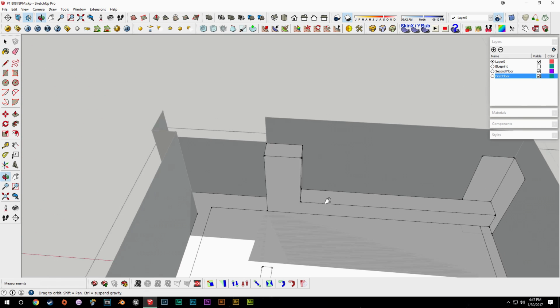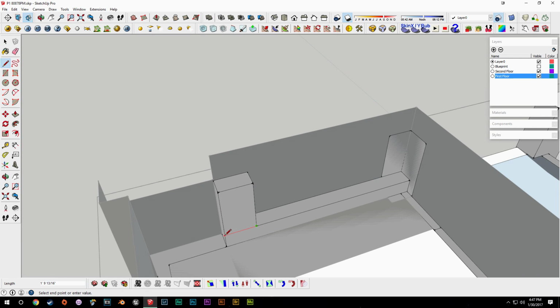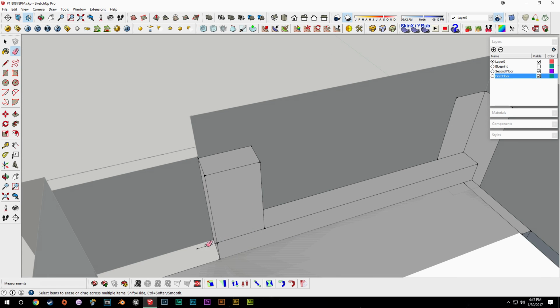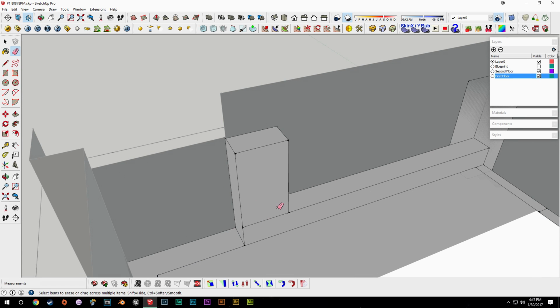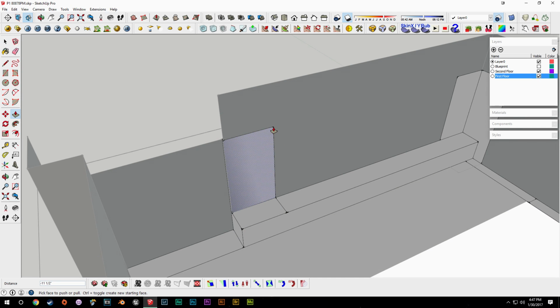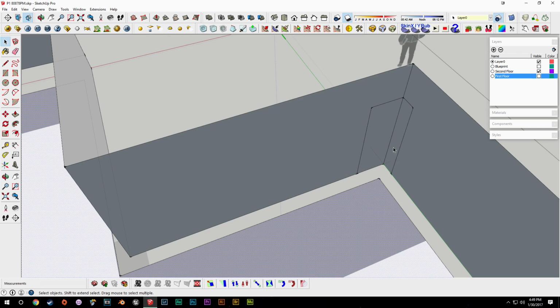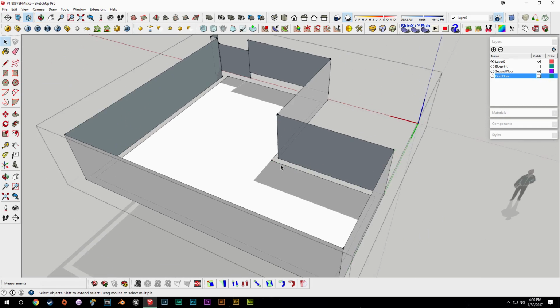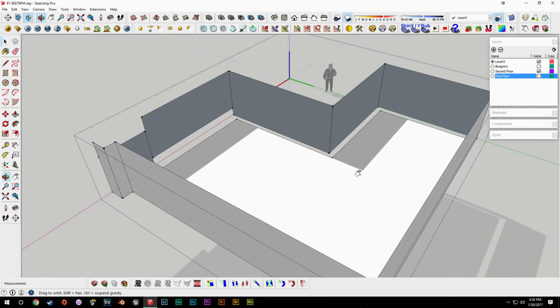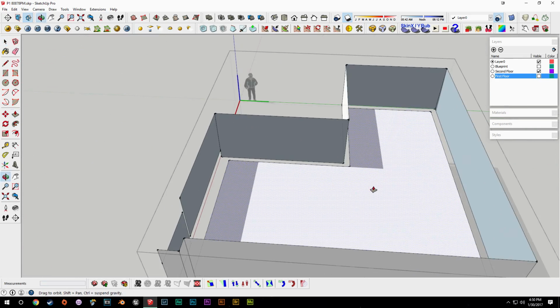And I guess push it in for now. It is, technically, kind of part of that window frame, but we can sort that out as we're doing the interior. Try that there. Trace these off. Okay, so now that we have all those walls drawn and completed,